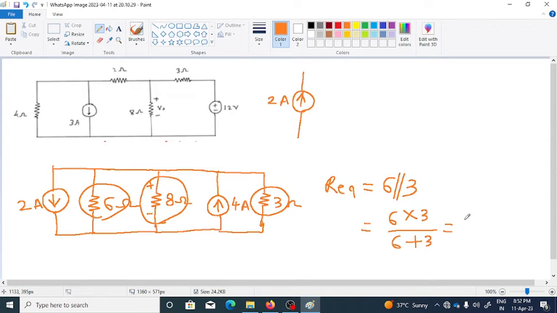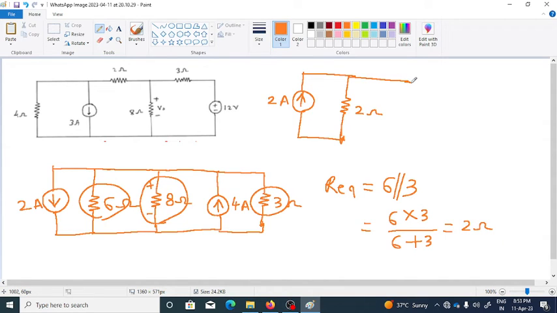So this will be simply 2 ohm resistance, right? So now we can put here a single resistor which is having the value of 2 ohm, right? So in this way the total circuit is replaced by a single current source and